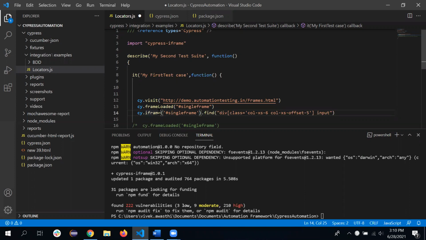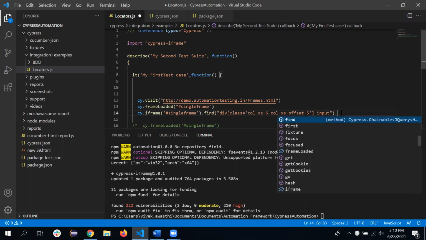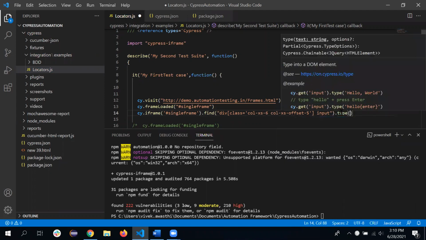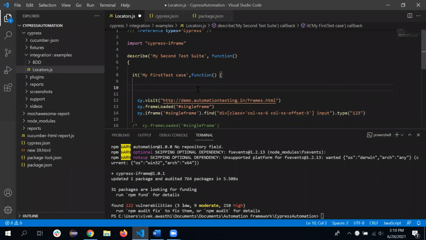So cy.iframe, that particular single frame, then find this particular text box, and now we can use the normal method like type to type something, suppose 123. That's all. Control S, and open the Cypress runner.